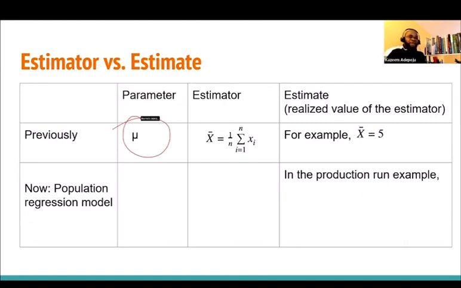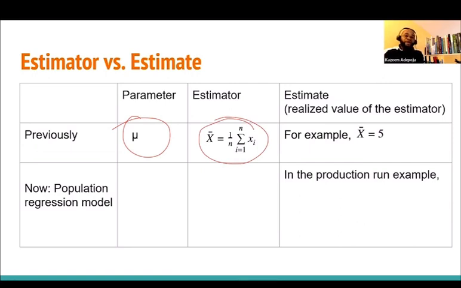We have a parameter mu. We're looking for the average in a population, and we cannot study the entire population. We're going to take a sample. When you take a sample and you want to find the mean, this is the formula you're going to use. Therefore, this formula is an estimator. I want to differentiate between parameter, estimator, and estimate, because you need the knowledge of that to be able to understand what I want to explain in the linear regression.